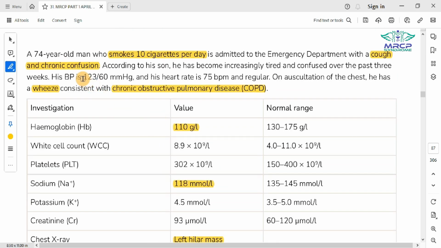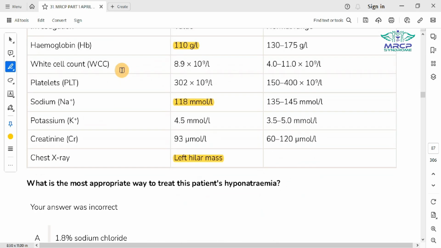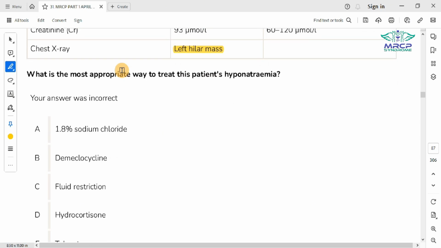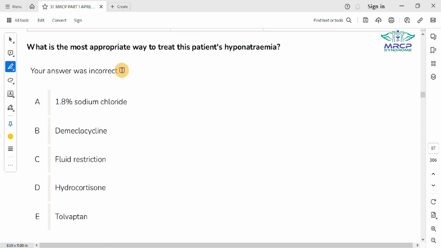And the patient is having normotension, meaning there is no hypotension. So what should be the first step for the management of hyponatremia in SIADH? Fluid restriction. Yes, since the patient is normotensive, we'll be going for fluid restriction. And second step,